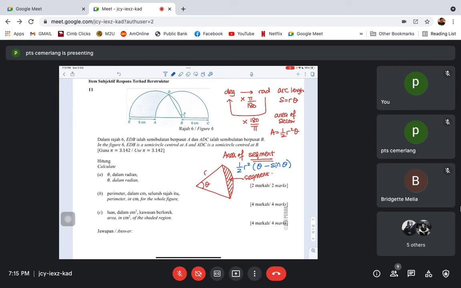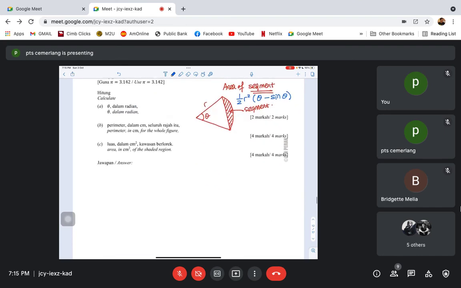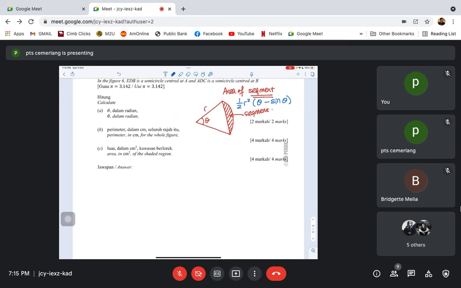If you are not familiar with this formula, you may want to jot it down, okay? But let's say you feel that this formula is very difficult to digest, the best way is just taking the formula of your sector, 1 over 2 R squared theta, and then minus the formula of your triangle. You can use the formula of the area of a triangle that you learned in solution of triangles, which is 1 over 2